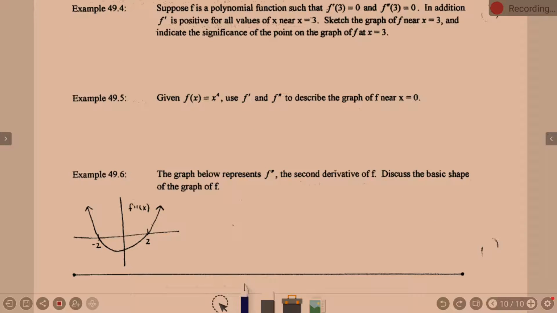Suppose f is a polynomial function such that f prime of 3 equals 0, f double prime of 3 equals 0. In addition, f is positive for all values of x near x equals 3. Sketch the graph of f near x equals 3 and indicate the significance of the point on the graph of f at x equals 3. Just because you want some more 3's in your life and f's, right? Okay, so